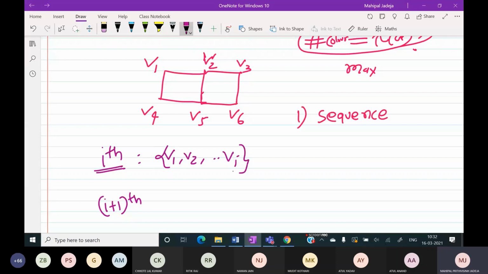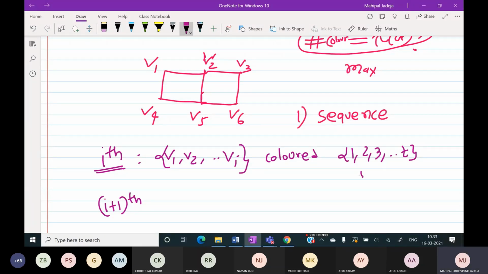And again, I number of vertices are already colored, and it may not be the case that these vertices are pairwise adjacent. So I'm assuming that T number of colors are used so far. Let's say 1, 2, 3 up to T. And this T can be anything. It can be I also. It can be 1 also. If this set corresponds to an independent set, then the value of T can be 1. If this set corresponds to a clique, meaning pairwise adjacent vertices, in that particular case, this number can be I also.